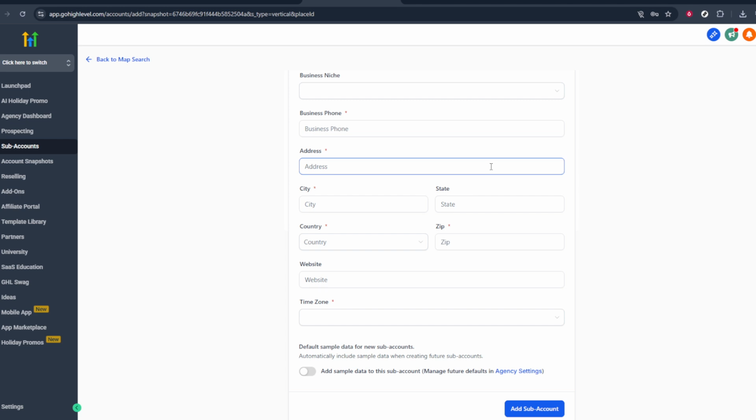Once all the fields are filled out correctly, scroll down and click on Add Sub-Account. This will create the account under your agency and trigger the system to generate the login info based on the details you provided. After a moment, the new sub-account should appear in your sub-account list, ready